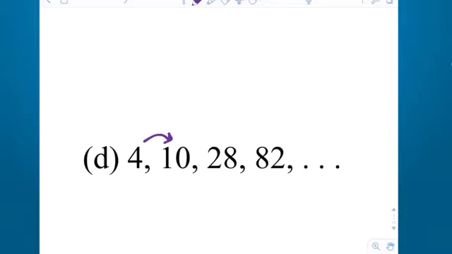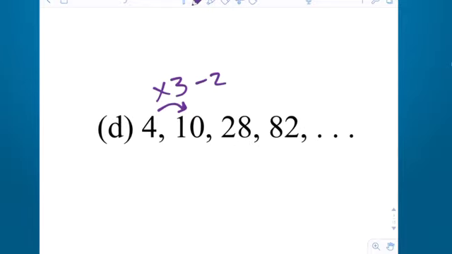Yes, multiplying by 3 is a good way to get close to the number. 4 times 3 would be 12, but then I have to subtract 2 to get 10. 10 times 3 would be 30, subtract 2 to get 28. 28 times 3 minus 2. So this one's a little challenging. If you're multiplying by 3 each time,